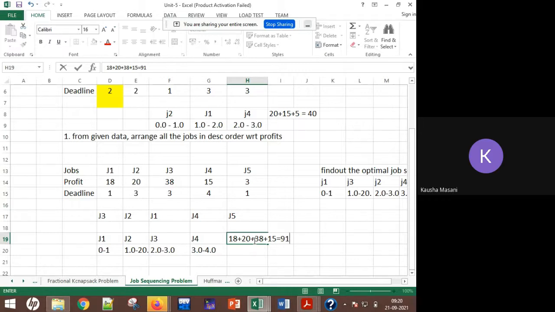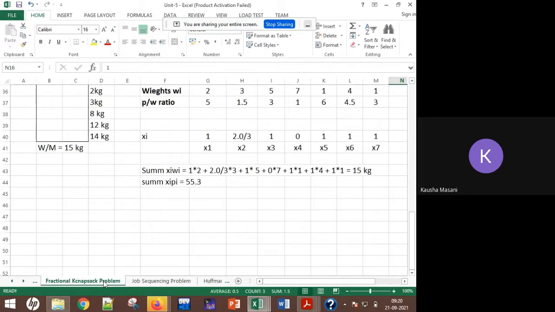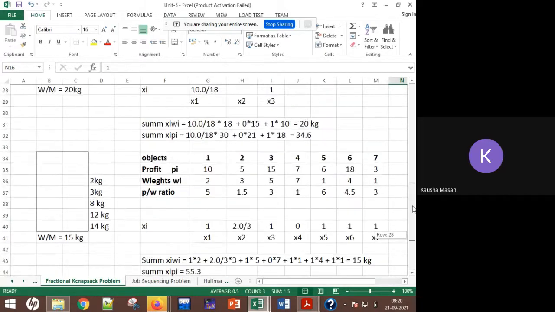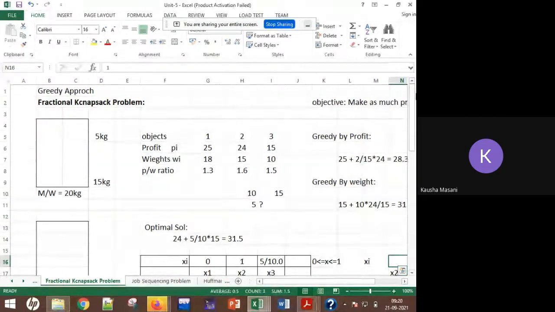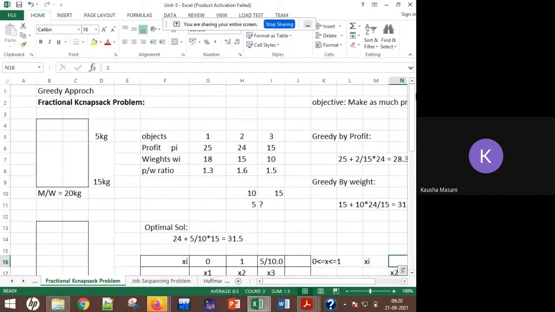Okay. So I will try to include such revisions of small topics, one topic from now onwards. Today we did job scheduling. Okay. For the next one, you can come with fractional. You want to do right now? This fractional knapsack? Okay.